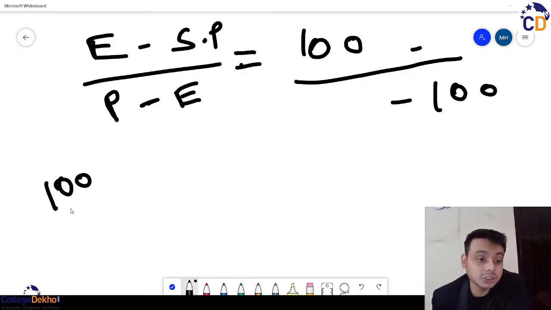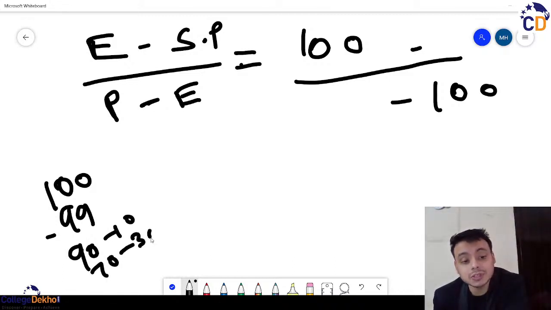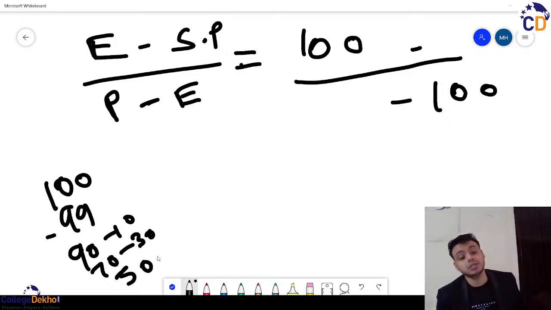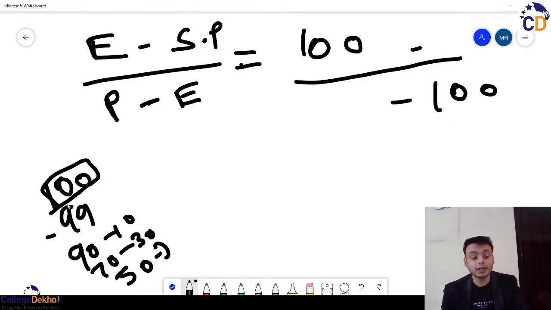ठीक है. मान लो मुझे लगा अगर share 99 पे आ गया तो it's a loss of just 1 rupee I can bear. अगर 90 पे आ गया it's a loss of 10 rupees I can bear. अगर 70 भी आ गया मैं बोल रहा हूँ it's a loss of just 30 rupees I can bear. ठीक है. But अगर मुझे लगता है कि 50 पर आ गया, सीधा 50 पर आ गया, okay, that's a loss of completely तुम्हारा आधा portfolio चला गया, right?